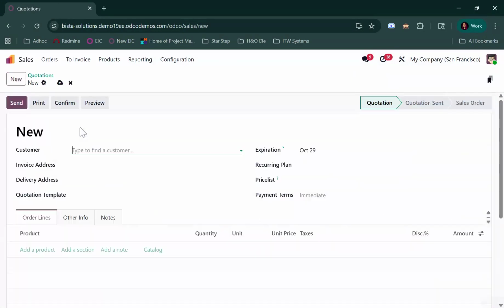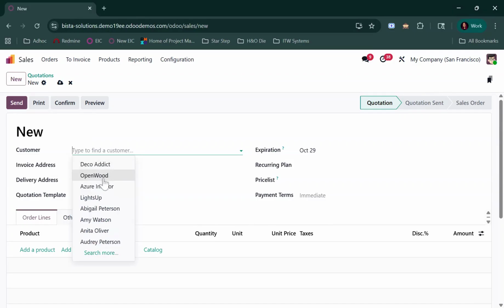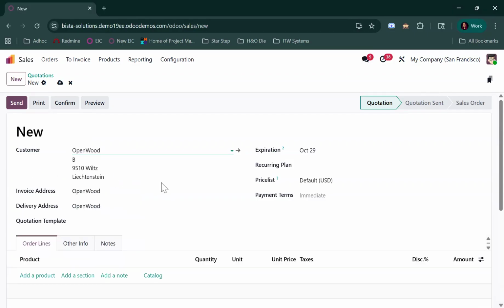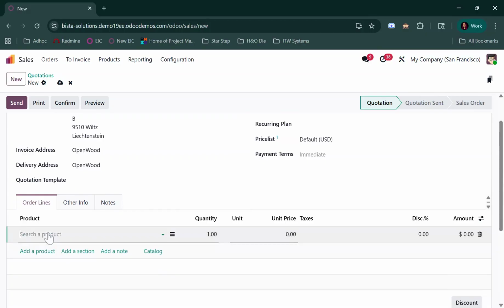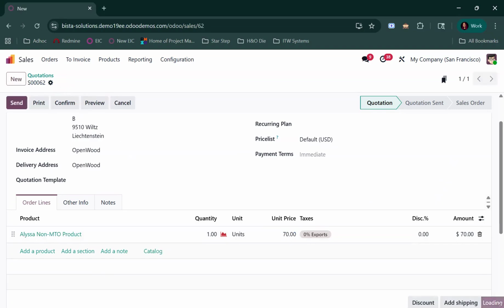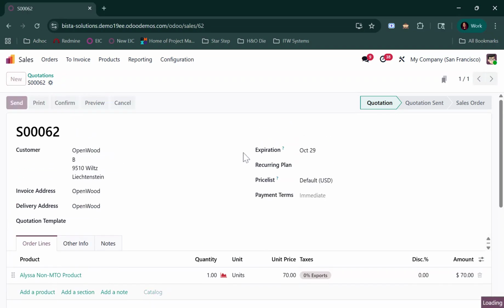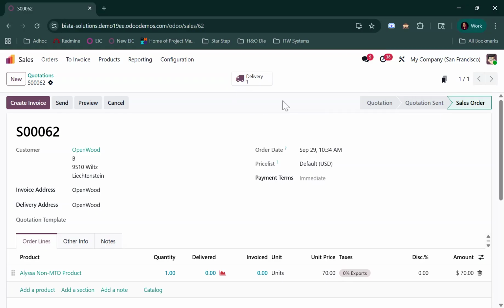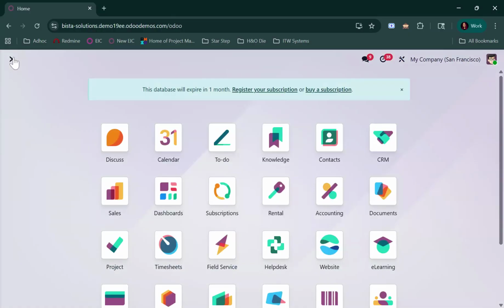I'm going to create a sales order for Open Wood. First of all, let's start with my non-MTO product. So I want one of those. It's going to cost me about $70, and I can go in and I can confirm this. So you'll see it's created a delivery. What it has also done is, if I go to my replenishment report,